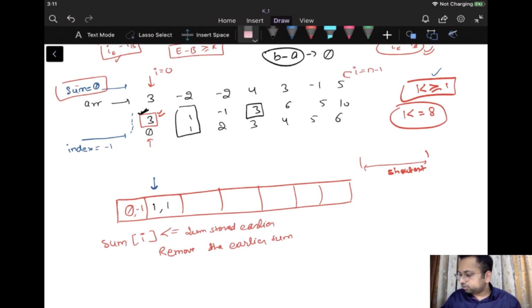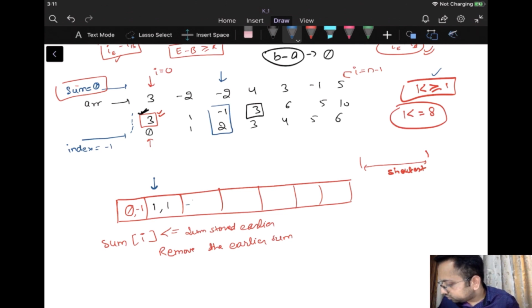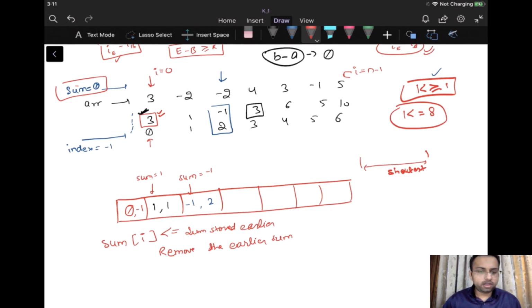Now let us move forward. If we are on this element right now, which is minus 2 again, we again have some sum which is smaller than the previous sum that we have stored. The previous sum was minus 1, and the earlier sum was equal to 1. Again, the same case that we saw earlier, what should we do?